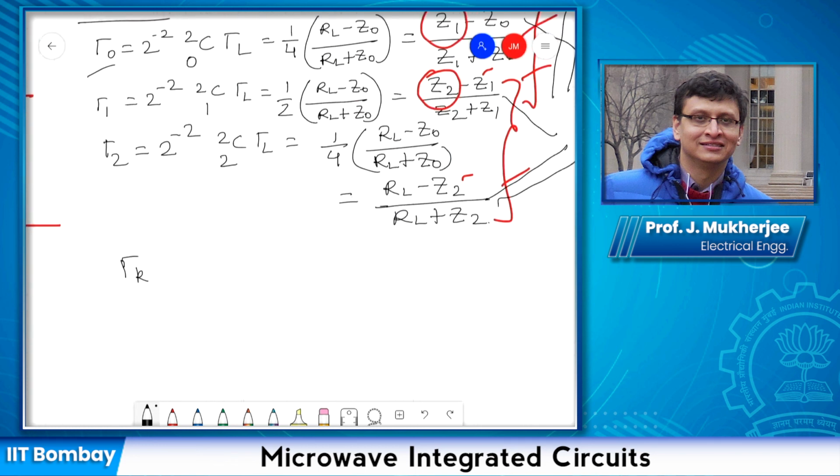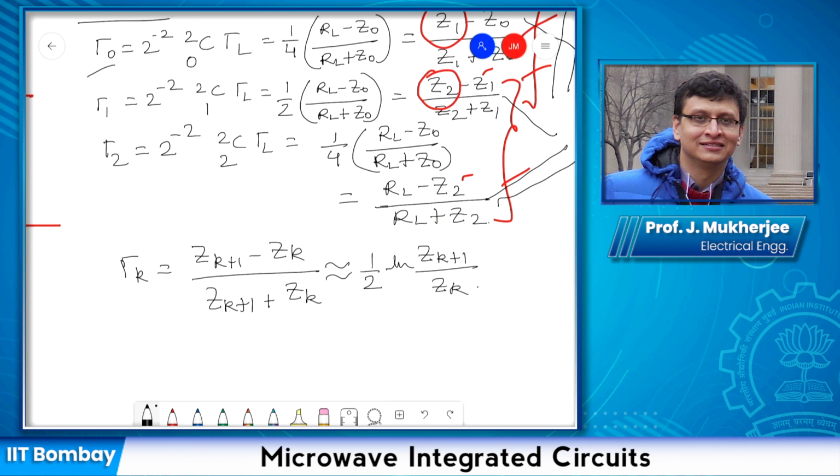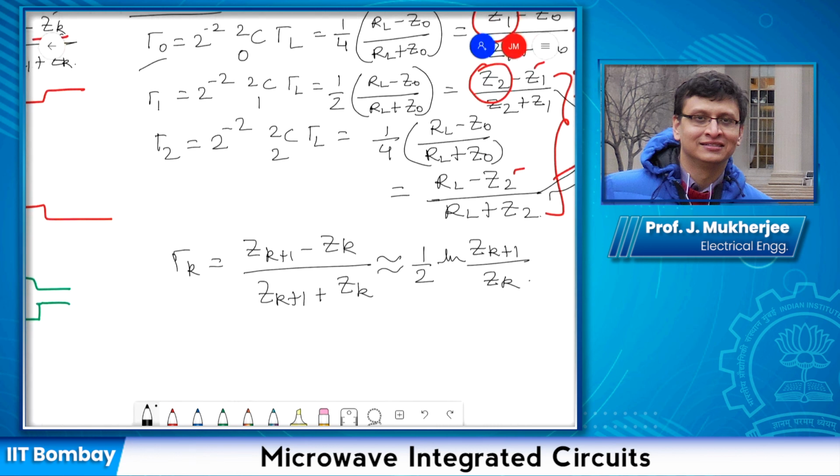Now coming back to the simplification, recall the simplification that we used for gamma k, given by this formula, which can be approximated like this. Now let us see what happens when we do this simplification. First of all, gamma 0 becomes half ln Z1 upon Z0, gamma 1 becomes equal to half ln Z2 upon Z1, and gamma 2